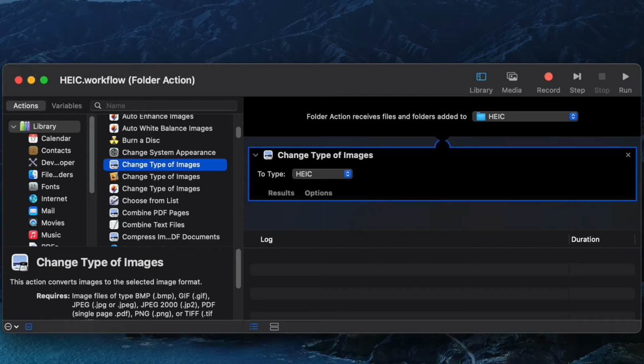To convert JPEG to HEIC files, you need two things on a Mac: an Automator workflow of a folder action and an AppleScript. Here's a copy of the Automator workflow. You just crank up Automator and you add one workflow element to it. You grab the Change Type of Images action and drag it to the right side, save the file, and that's